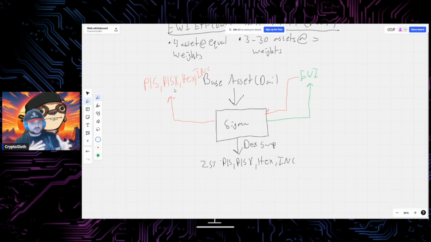Now, with the Sigma protocol, we can do that for blockchain assets, and it's all on chain and decentralized and non-custodial. So that already improves the ability for us to hold multiple assets at the